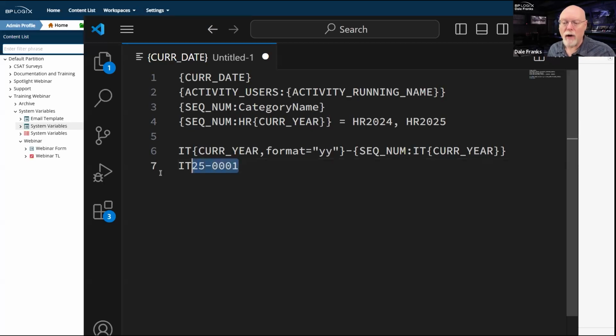This, by the way, is very important because one of the things that we do here at BP Logix is we always ensure that there is some sort of unique sequence number for every form that gets submitted. So we always have a sequence number to look up. Sequence numbers are real useful because if you know the sequence number for a request, it's always going to be unique for every single request.